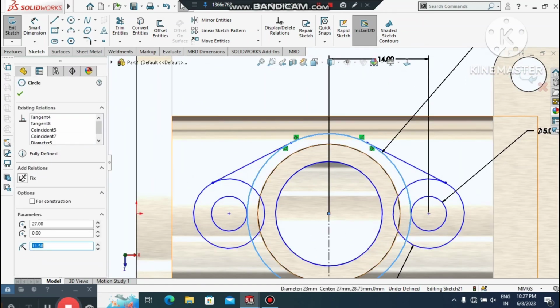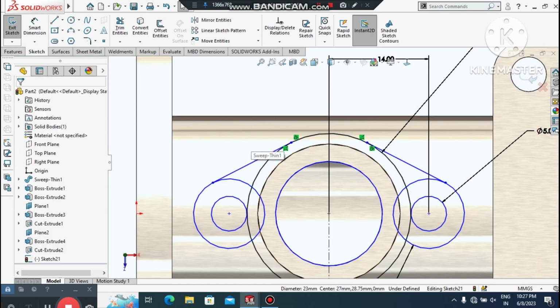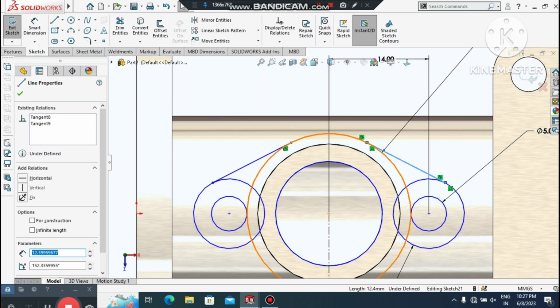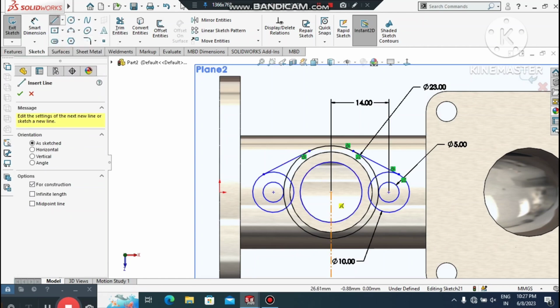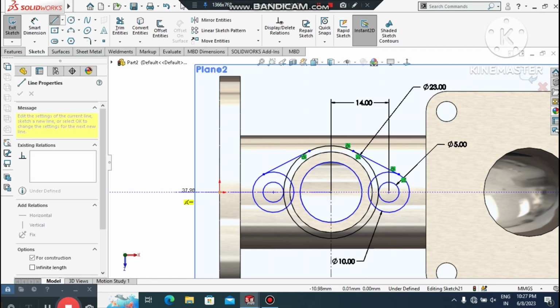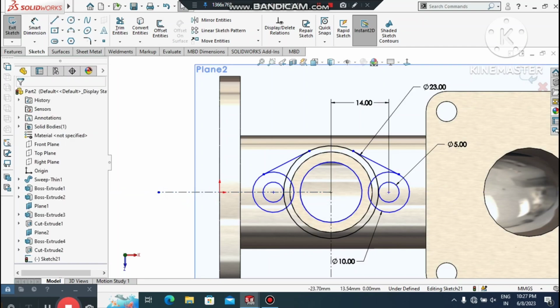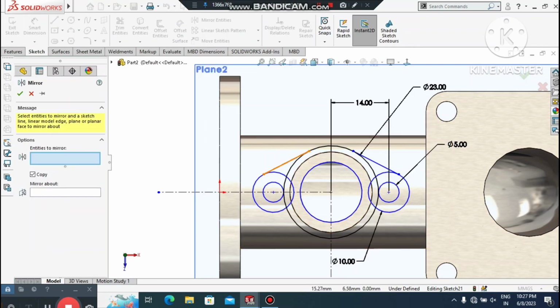Now we select this line, so it is also tangent. Now here we create one center line from this center point and make sure it is horizontal to this center point, and it's time to make the mirror to this line, so select both lines and mirror about this center line,